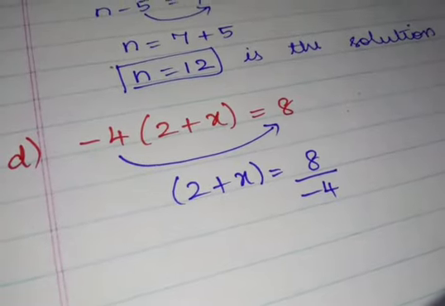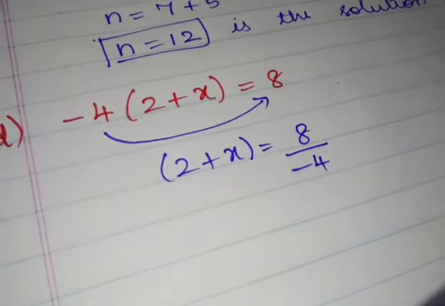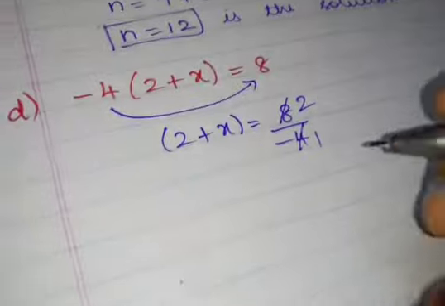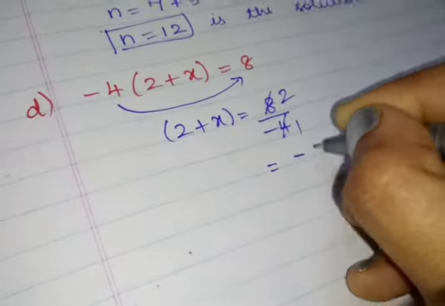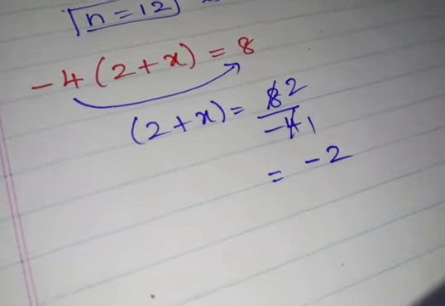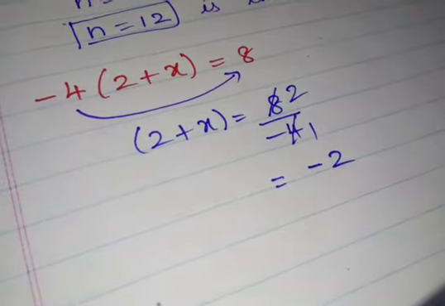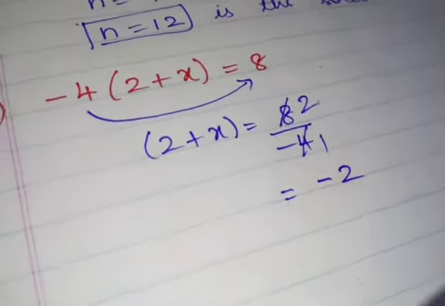So I am bringing that to the next side, so it becomes division. So minus 4 will come to the denominator. 4 1s are 4, 4 2s are 8. So the answer is what? 2 by minus 1. 2 by minus 1 is nothing but minus 2. Correct? I already taught you 2 by minus 1 in this example problem. 5 by minus 1 means the answer is minus 5. So likewise 2 by minus 1 is minus 2.